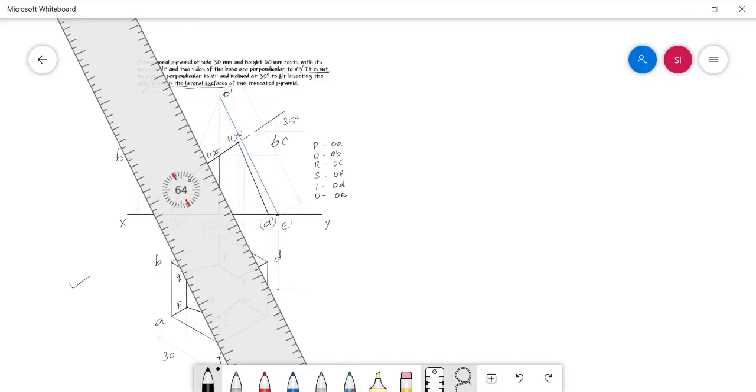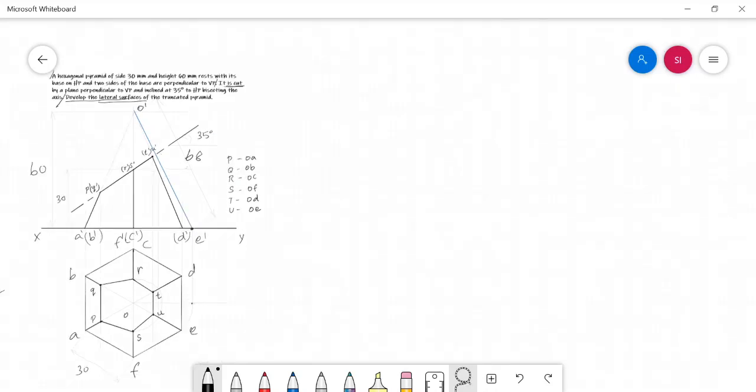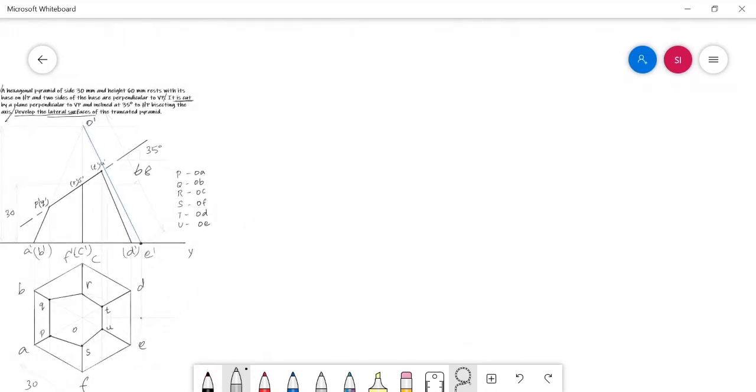This 68 mm is nothing but the true slant edge length of this hexagonal pyramid. And after that, with this 68 mm in the compass as radius, I need to draw a free arc. Here I am drawing this.